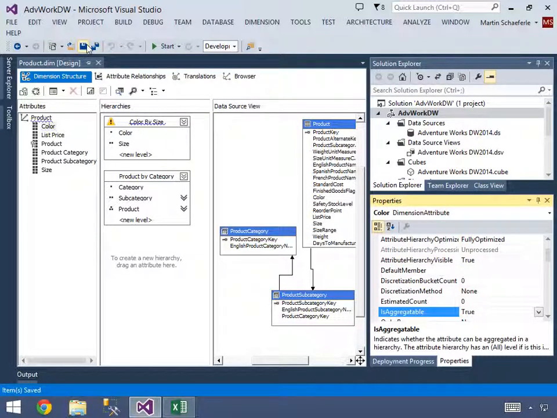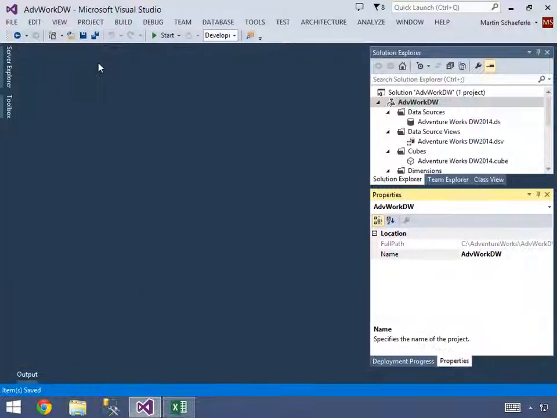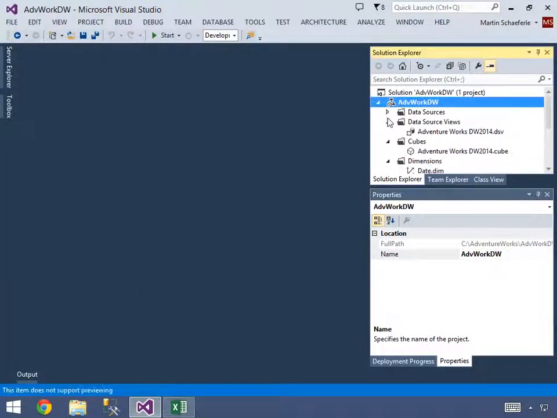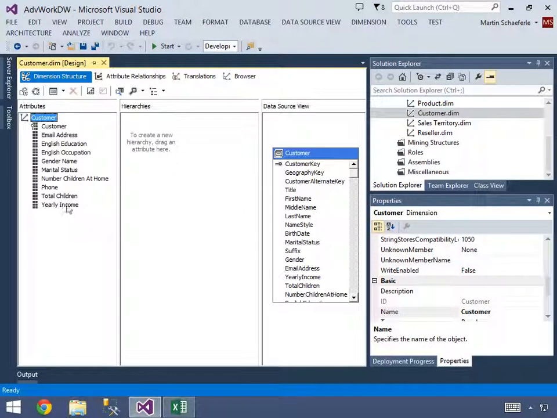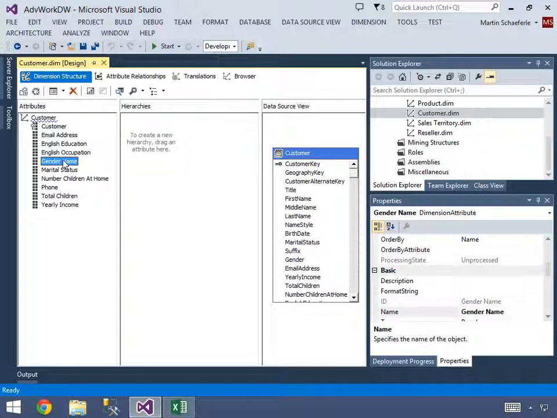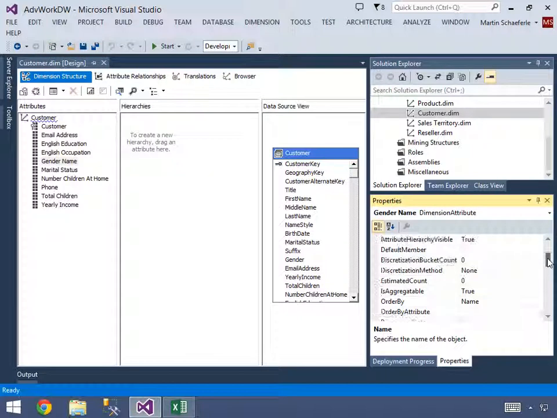The next thing we're going to look at is how sorting happens. So we're looking at improving the performance of our cube. We'll close any open windows and go to the customer dimension. We created the gender name earlier, and this does not need any particular sorting. We do not need male before female, and we don't need female before male. It's arbitrary. So what we can do is go to the basic area